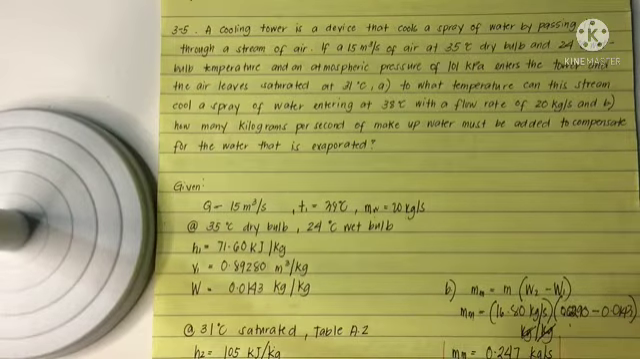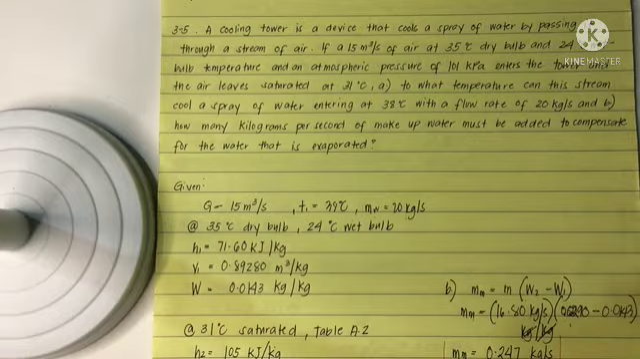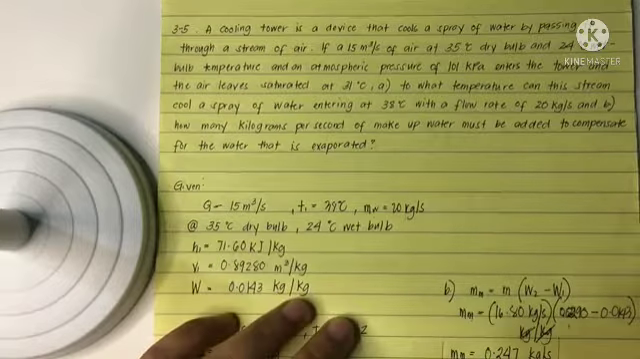Good day. Today we're going to solve some problems in refrigeration and air conditioning. Problem 3-5: A cooling tower is a device that cools a spray of water by passing it through a stream of air. If 15 cubic meters per second of air at 35 degrees Celsius dry bulb and